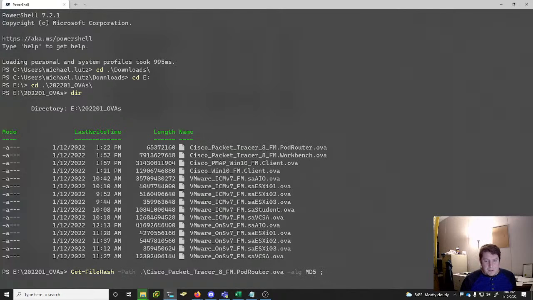And I'm going to actually put a semicolon here. By doing this, it's going to run all of these in succession. I don't have to wait. It doesn't have to wait on me to give me the next file. And I didn't realize it would do this, but it actually puts all of them into one table. So it's quite nice. So let's tap this again, Get-FileHash,